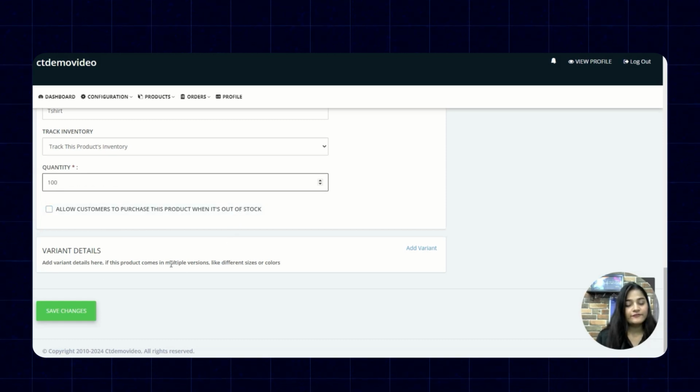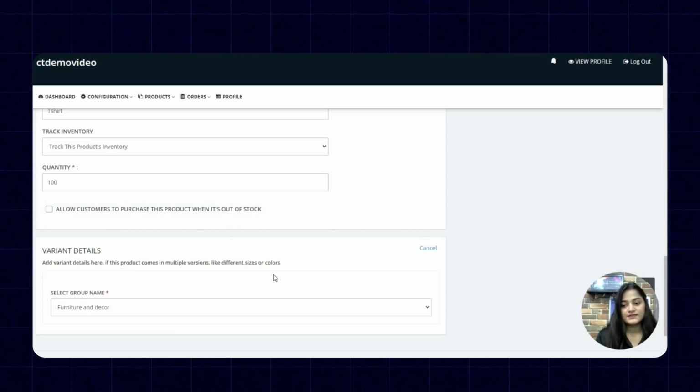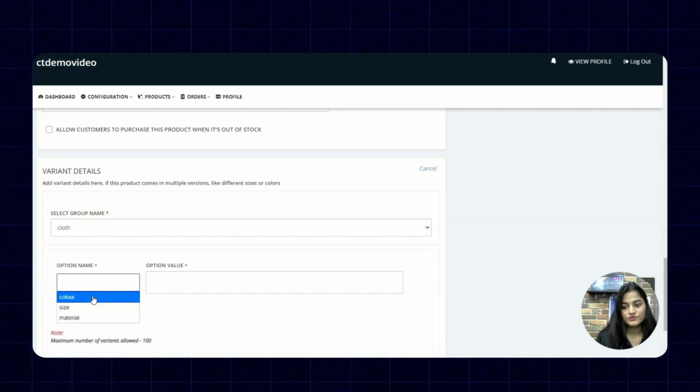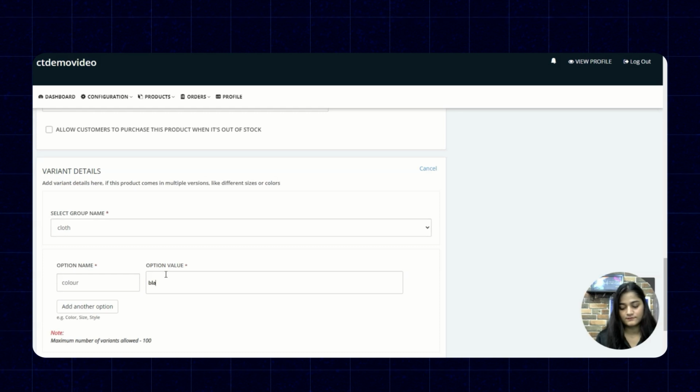You can also add variant details for your product as I'm adding. Choose the option as I'm choosing for the same. You can add as many colors as you want.